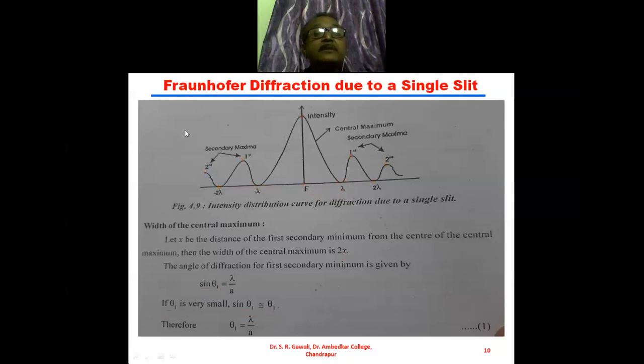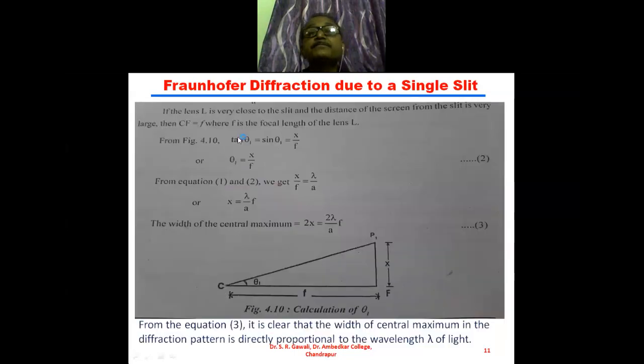If the lens L is very close to the slit, and the distance of the screen from the slit is very large, then this CF is equal to f, that is the focal length of the convex lens, where f is the focal length of the convex lens L. From this figure, tan of theta 1 is equal to, ये यहाँ पे अपन निकालेंगे tan